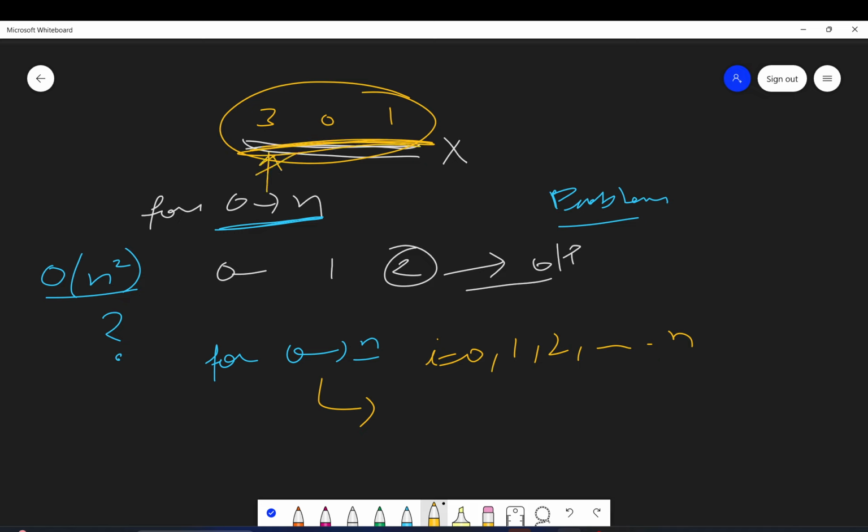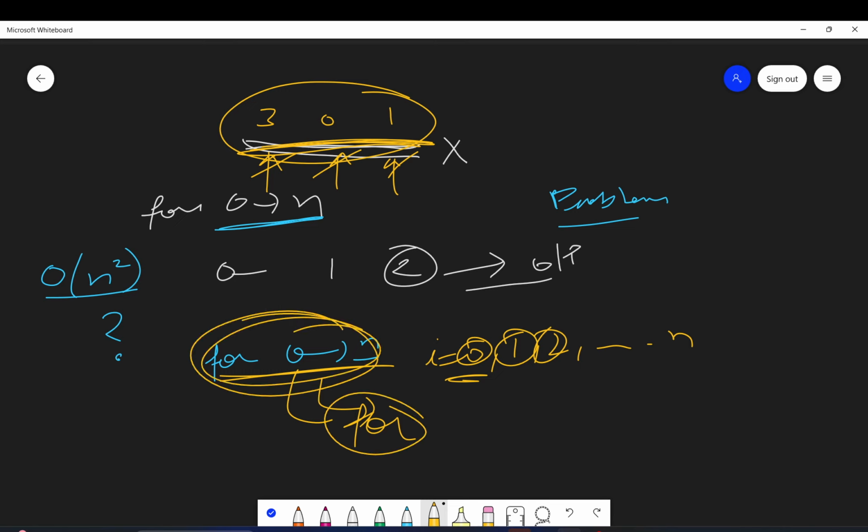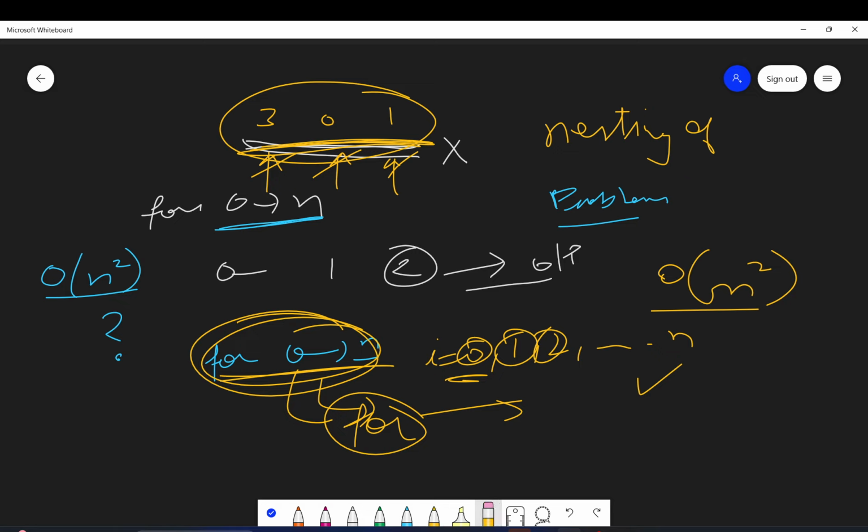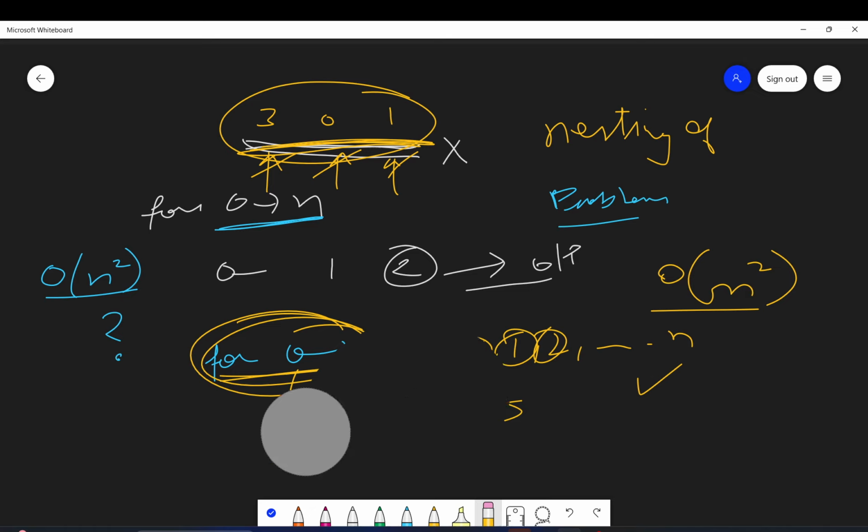You will go here, check, go here, check, go here, check whether the element is present or not. So there is a loop inside a loop. Whenever there is nesting of loops, this is O of n square type. So this is the problem with this approach. We have to improve this. How can we improve it?